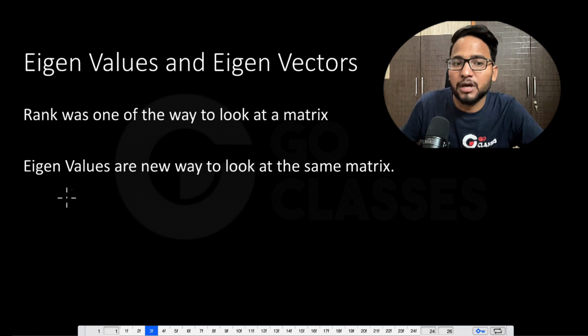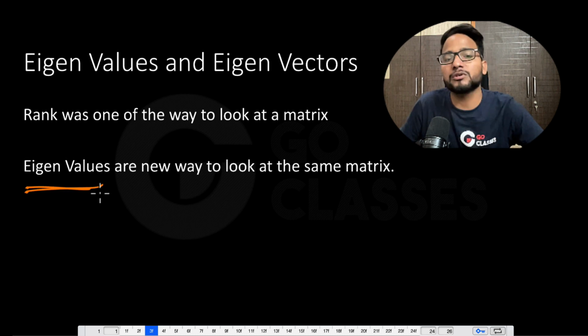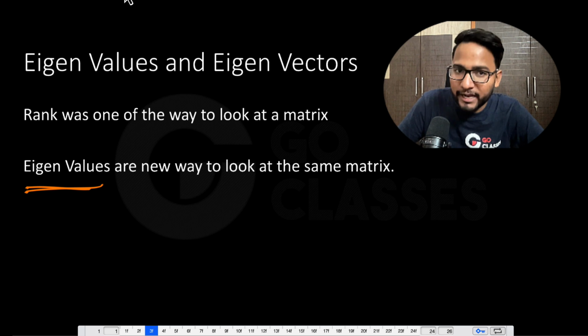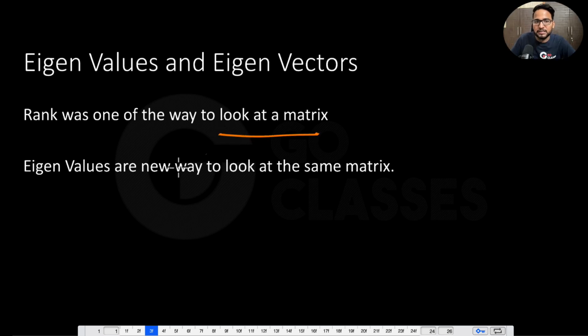Similarly, the eigenvalues are just other numbers which also tell you very powerful information about the matrix. So rank was just one way to look at the matrix. Now we have the eigenvalues, which is a new way to look at the same matrix. Okay, cool. Now in this chapter, as I told you in the determinant also,